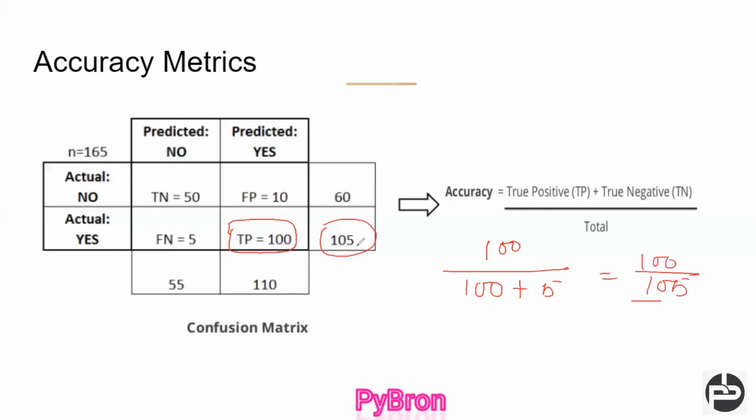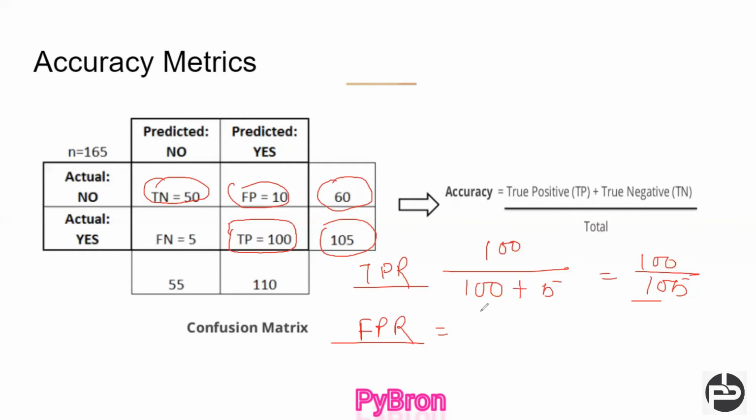This is the true positive rate, nothing else, TPR. Similarly, you can calculate the false positive rate. What is the false positive rate? We have in total 60 ladies who are not actually pregnant. In 50 of those cases the machine truly identified that she is not pregnant, but in 10 of those cases the machine did not identify correctly.